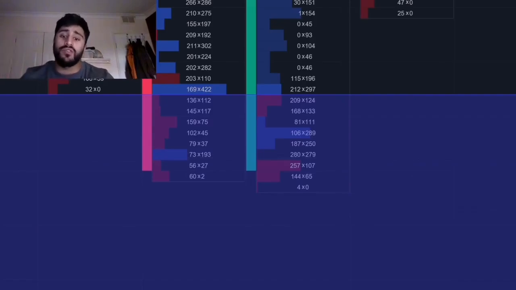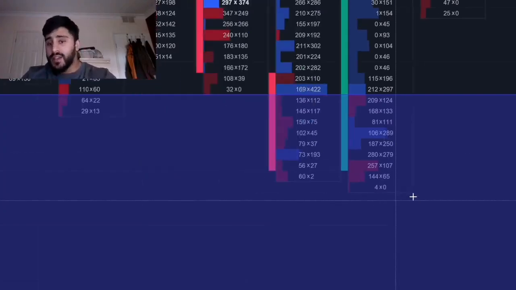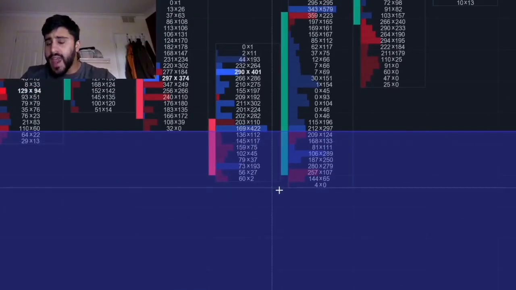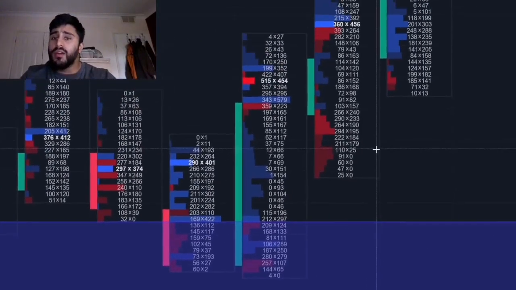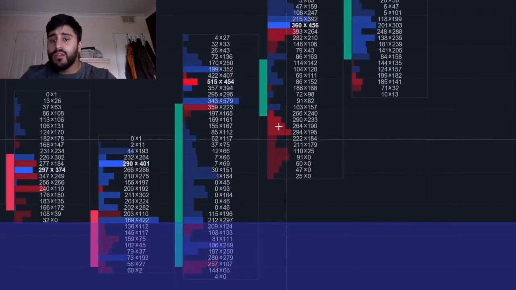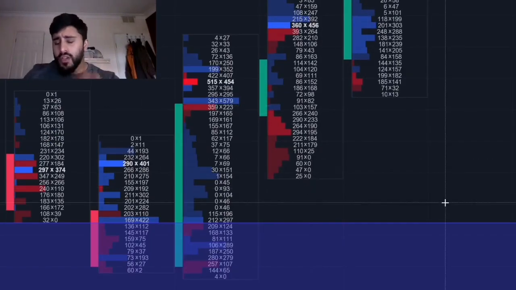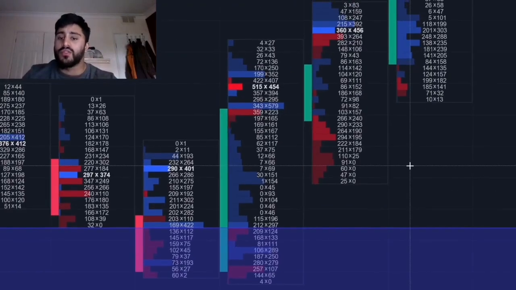257 for 107. There's more than double the amount of aggressive sellers than buyers. Despite that, the market was able to find an area of support and move higher. Notice how we have a green candle over here, but price has given us aggressive sellers over here. So if you're looking for extra confirmation, what you want to look for